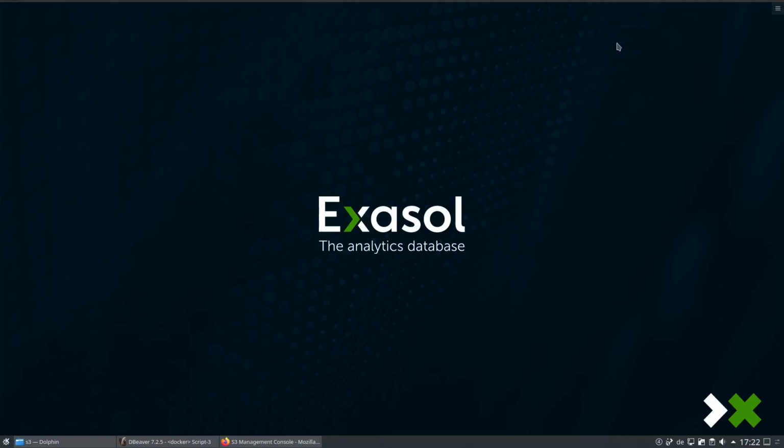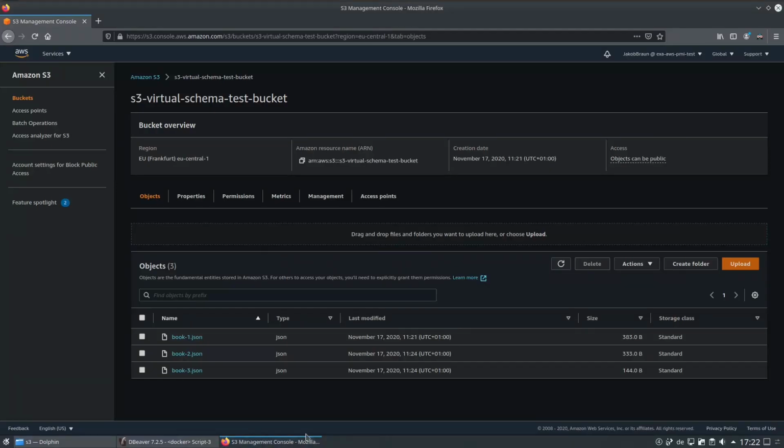Welcome to this hands-on guide for the S3 virtual schemas. We're going to create a virtual schema for JSON data on an S3 bucket during this guide. I already prepared an AWS S3 bucket which contains some example data. You can see here in the Amazon Management Console that we have an S3 bucket named S3 Virtual Schema